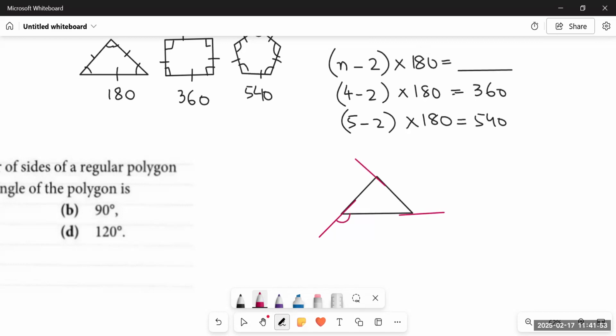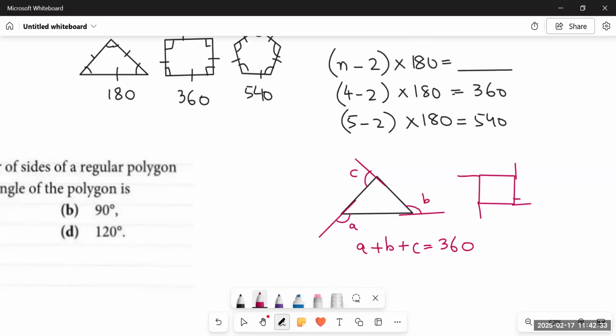If I add up all the angles, remember the sum of all the interior angles would be different in every polygon. But when we talk about the exterior angles of any polygon, let's say A, B, C, these are the exterior angles. They would always sum to 360 degrees. The sum of the exterior angles of any polygon would be 360 degrees. Let us take this square or rectangle and extend these in the same direction.